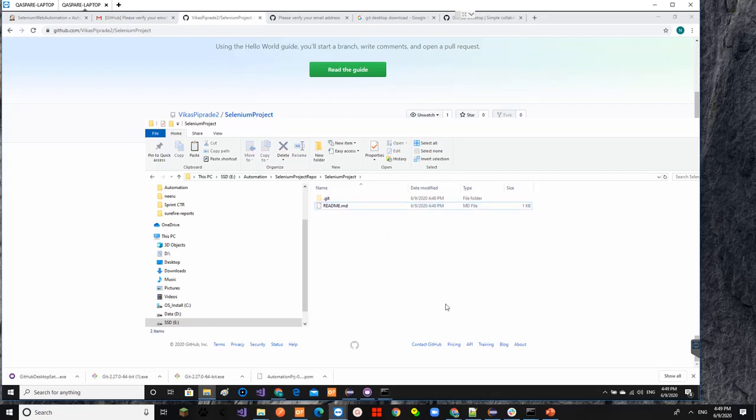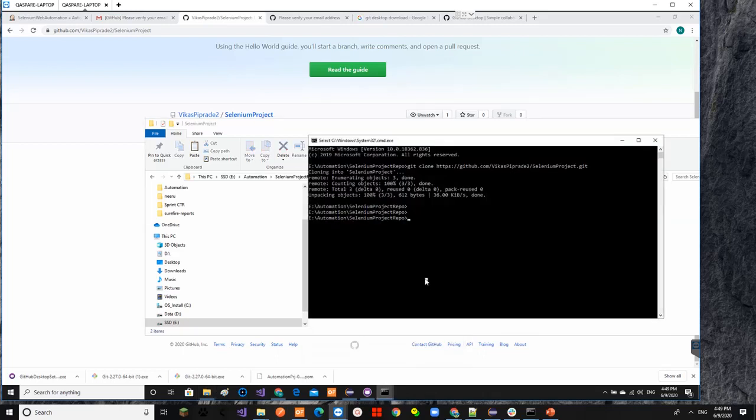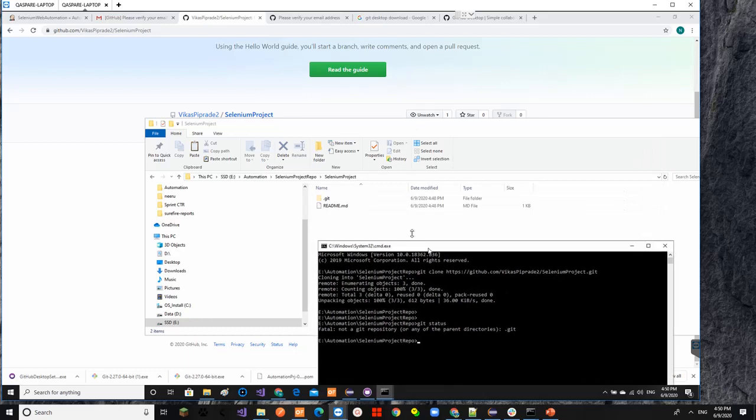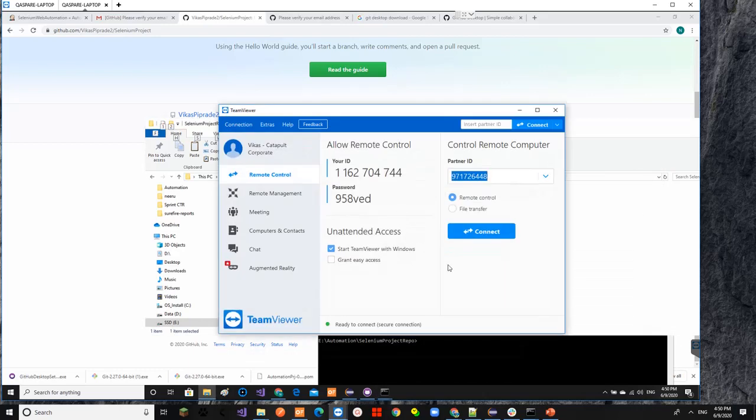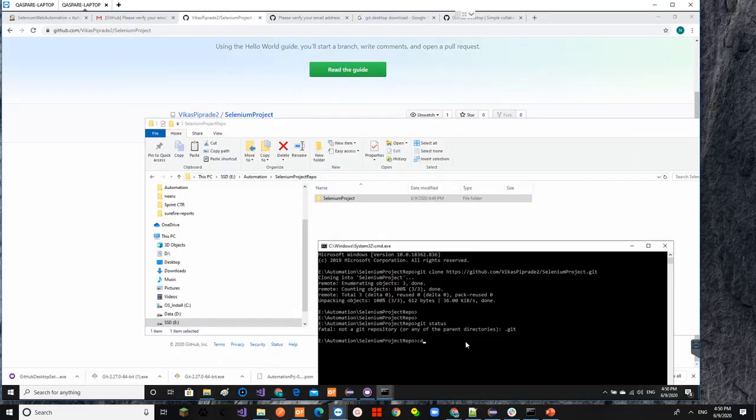I'm deleting this, but before that let me check the status. Git status will give you the difference between the GitHub repo and our local repo. It's giving some kind of problem. Not a Git repository, or this is not a Git repository, so I need to go one level up, and that's why it's giving me a problem. So this is a status, and still the same problem.